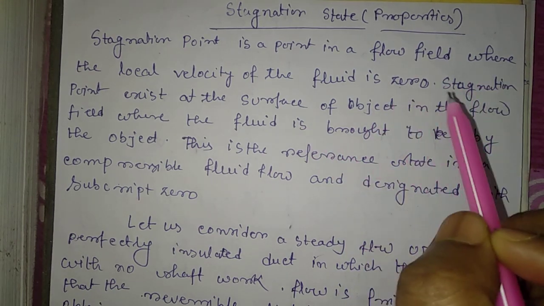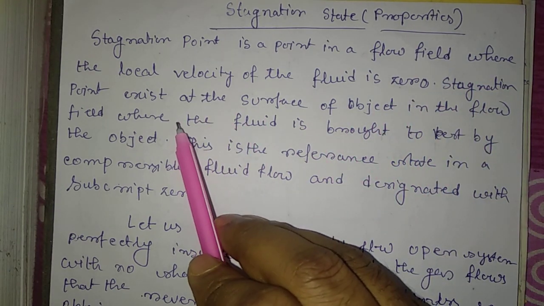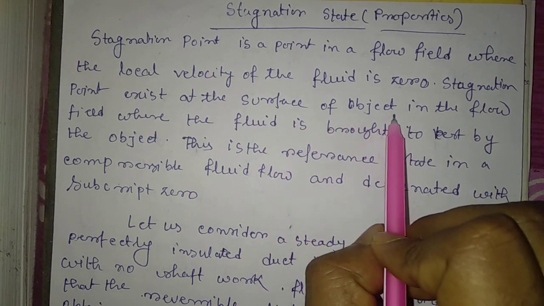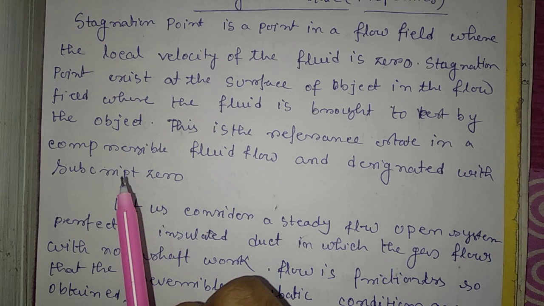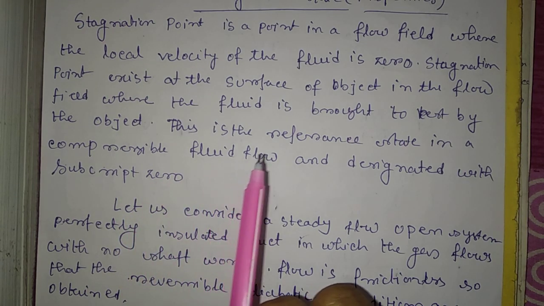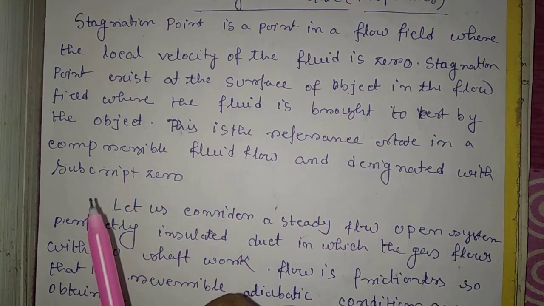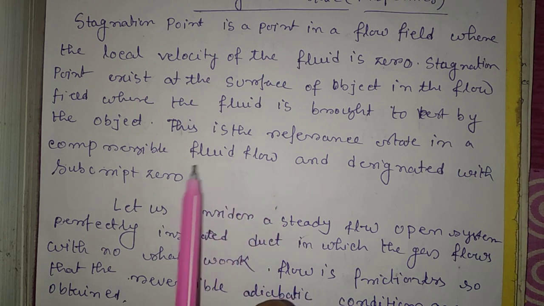That point exists at the surface of an object in the flow field where the fluid is brought to rest by the object, and this is the reference state in a compressible fluid flow,